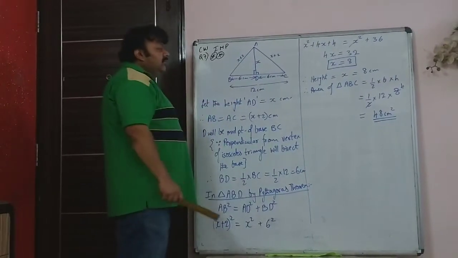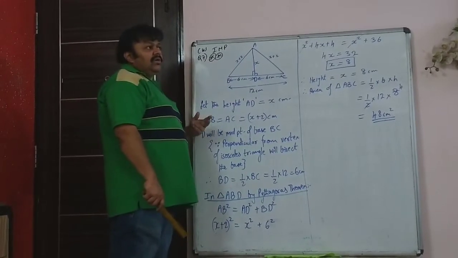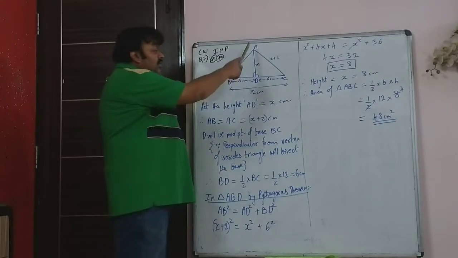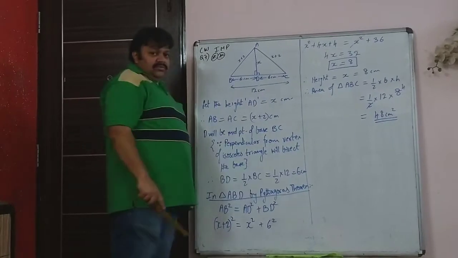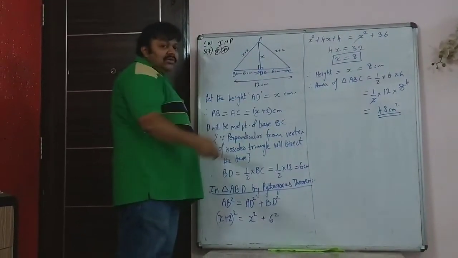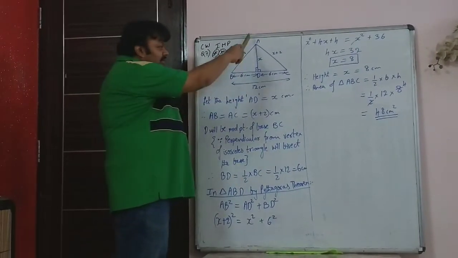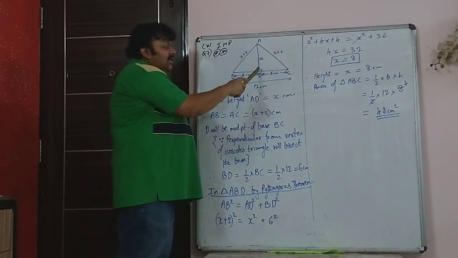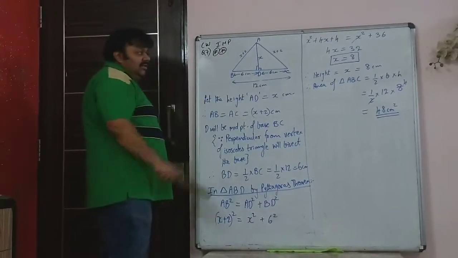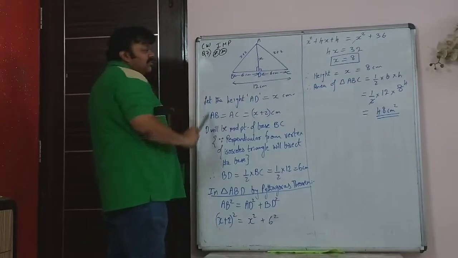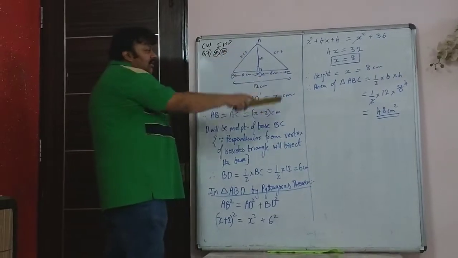So now here you are given the equal sides of an isosceles triangle is 2 centimeter more than the height. So firstly we draw an isosceles triangle ABC in which AB and AC are equal, and that is the isosceles equal sides of isosceles triangle, and BC is the base 12 centimeter. We draw the height AD and AD is perpendicular to the base BC and AD is x. So the two equal sides are x plus 2, x plus 2.